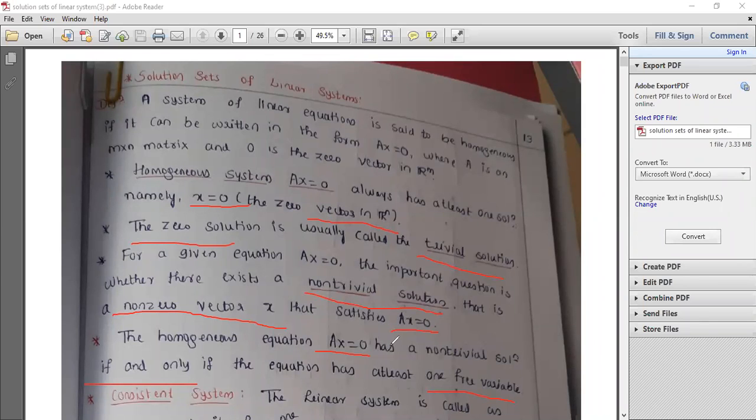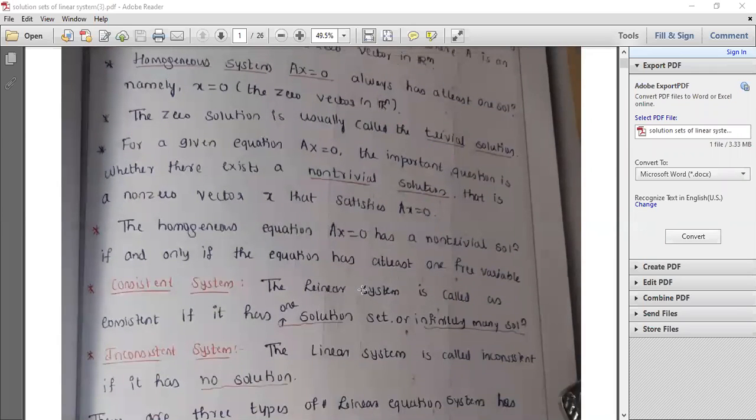And with this trivial solution, it also has the non-trivial solution. When is it going to have a non-trivial solution? When it has some free variables, at least one free variable, then it will be having a non-trivial solution. So remember this. Then again, the next important concept here is the system called consistent and the system called inconsistent,